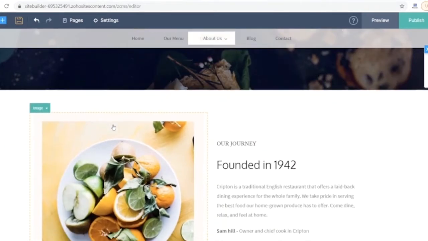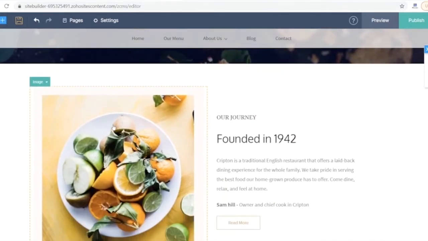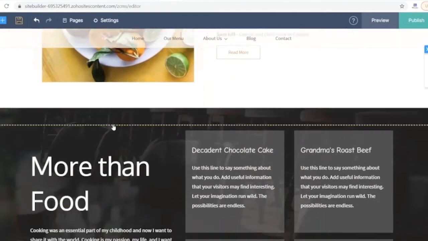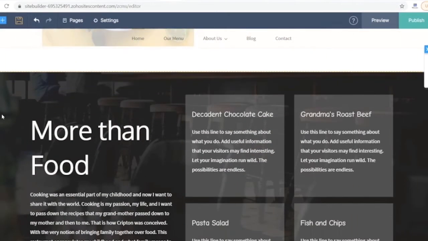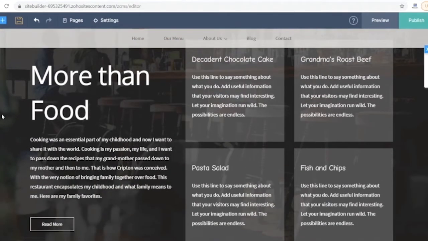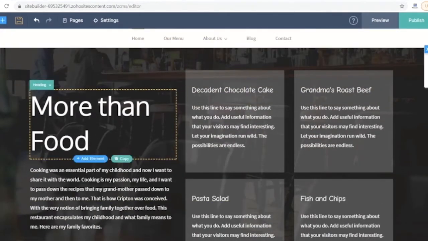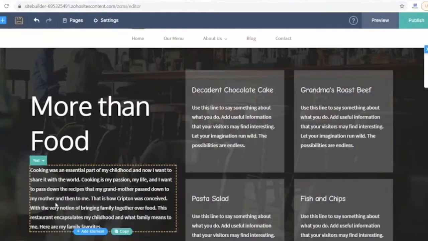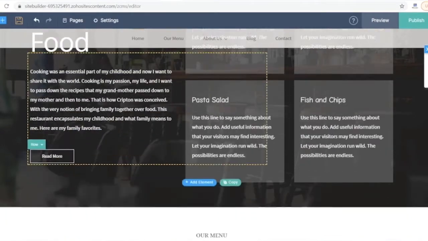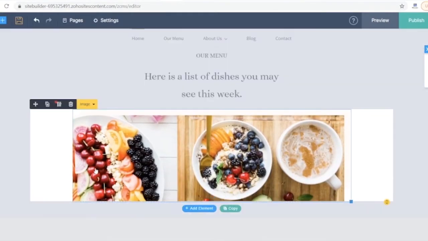In this particular section, you can see that we have an image on the left and the text on the right. As you scroll down, you can see another section which has an image in the background, and you have a headline element, as you can see here, and a paragraph element here. So here is a gallery or an image element again that you can see in the next section.